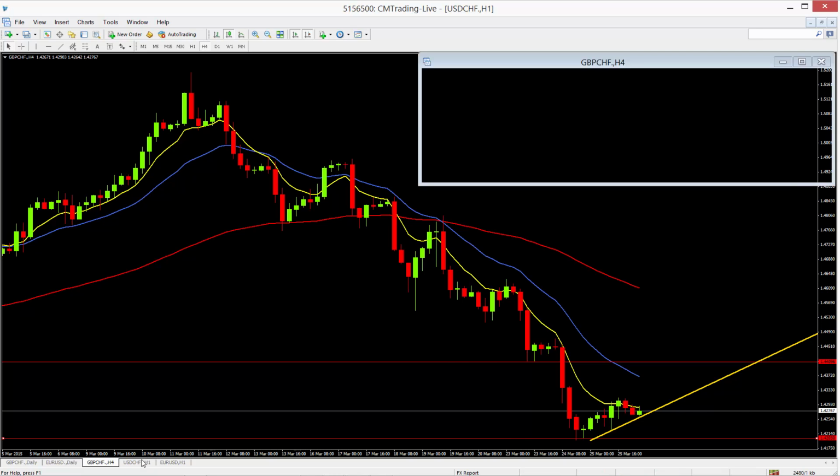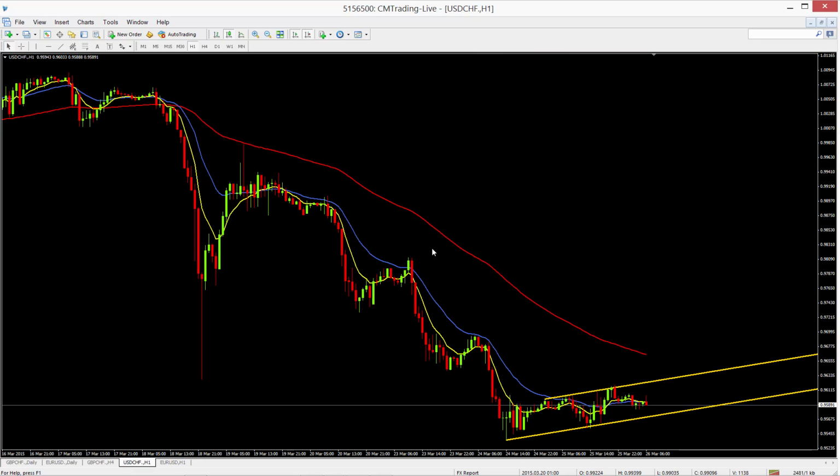The US dollar Swiss franc, trending down on the hourly. Dollar is down on the smaller time frames. A bit of a channel going there. I'll see how this works out. I'm still net long the dollar. It hasn't changed yet on the dailies, so these little retracements I think are just a natural part of the market. Same with euro strength. A bit of a short squeeze going there on the euro, and probably a long squeeze on the dollar. We'll just have to see how it works out over the next couple of days.